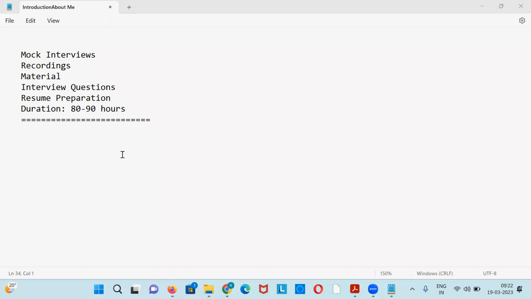If it goes beyond, then we'll take additional sessions. Roughly we will put in 80 to 90 hours. But since this session will go on with doubt sessions, the part which I want to complete on that day may be postponed to the next day. The timing may also change. Okay, 80 to 90 hours is fine.